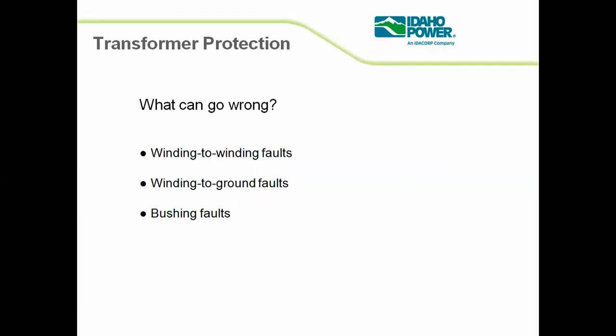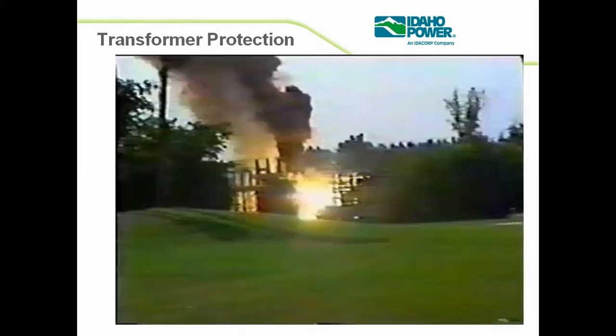Now, what types of fault occur in the transformer? We have winding to winding fault, winding to ground fault, and bushing fault. So mainly in the case of a transformer, three types of fault occur: winding to winding, winding to ground, and bushing fault. Out of these three faults, what will happen? The windings of the transformer get damaged, and when the winding gets damaged, it will adversely affect the transformer and lead to breakdown. So you can see a flash will occur, and your transformer will get damaged.